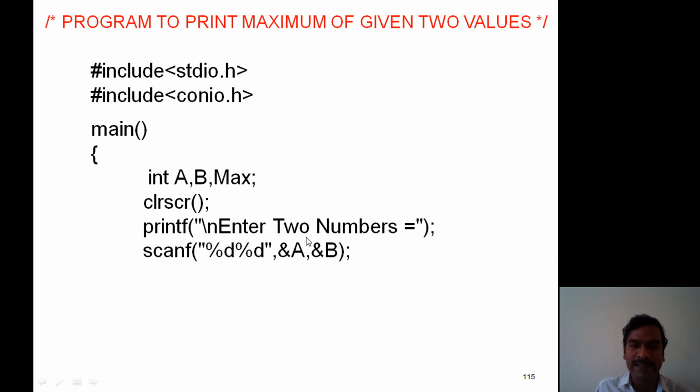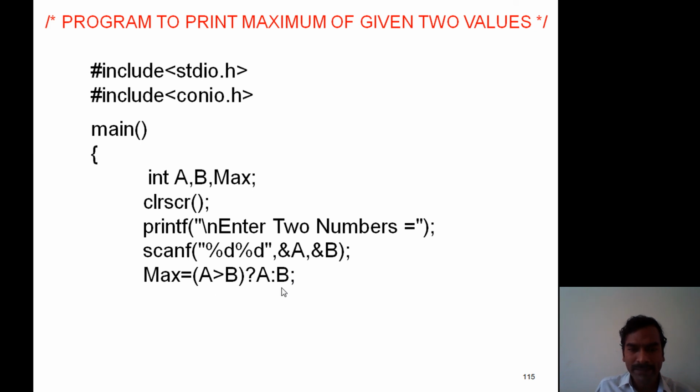So based on this analysis, we place the statement as max equivalent to, since the result value is assigned to the variable max. So max equivalent to, now we place one expression, A greater than B, question mark A colon B, and the statement must end with a semicolon. Now this combination is referred to as a conditional expression.